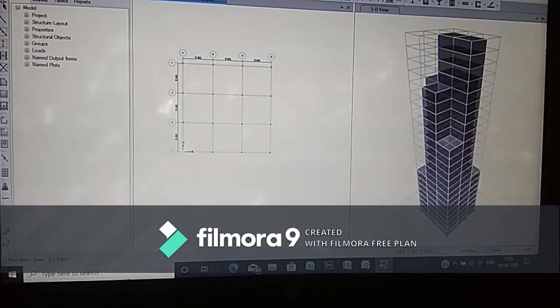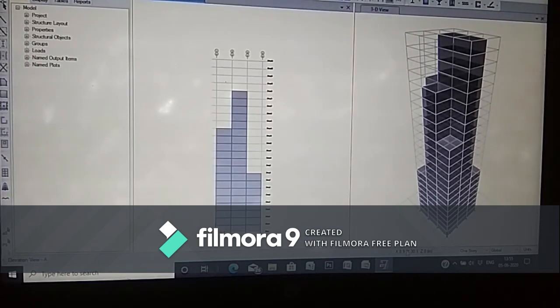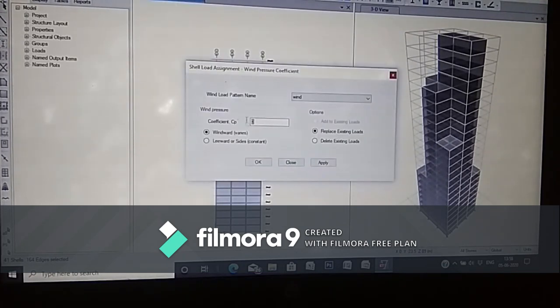Next, click on elevation section A, apply, click on OK. Make sure that here it's all story. Now select the stories. Next, assign shell loads wind coefficient. So to know the wind coefficient, again we need to refer to the highest